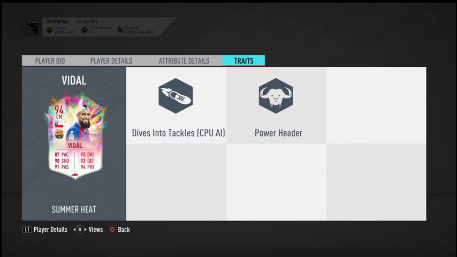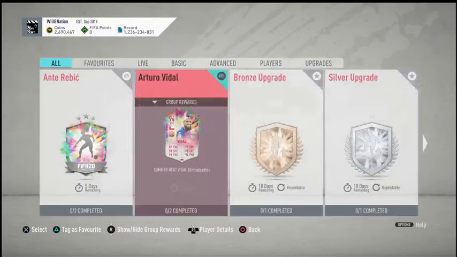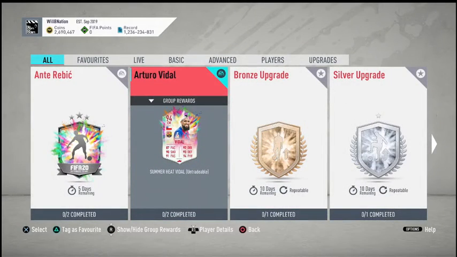Does contain a CPU trait, which is a little bit disappointing because that doesn't really affect us within the game. Generally speaking though, this Vidal card is an exceptionally good card. With the right chem style, he will be absolutely dominant in the midfield for your teams. So with that being said, comes down to how much this SBC is going to cost to complete. So with that in mind, let's check out and see what you need to hand over in order to obtain